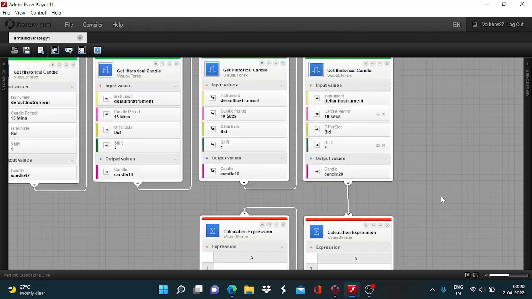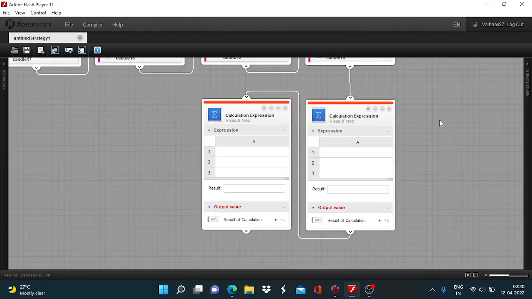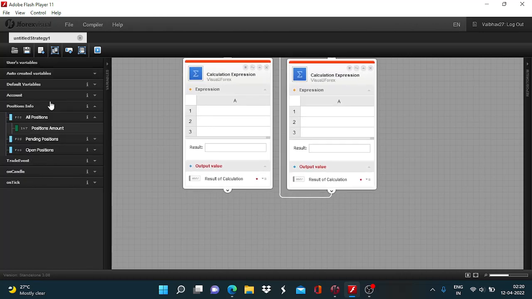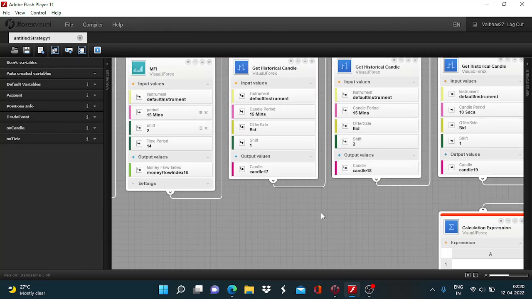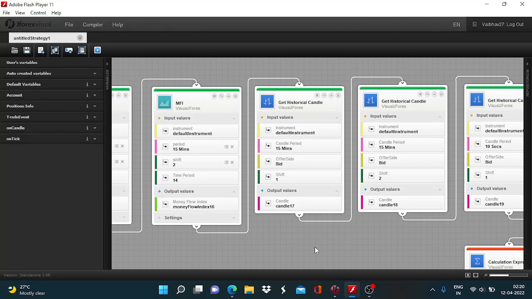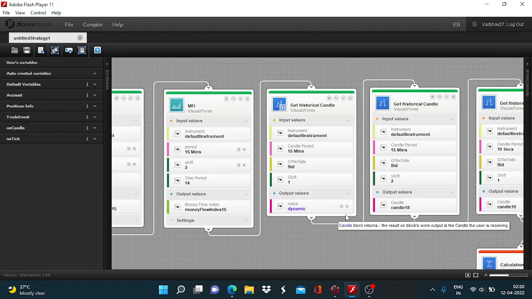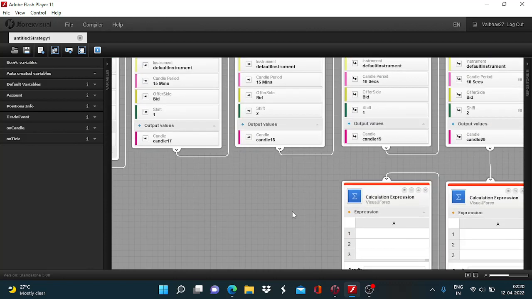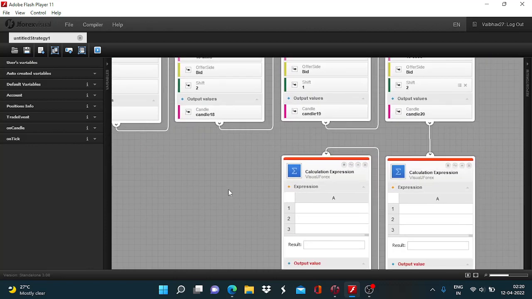And here we will consider the difference between the candle 17's candle low and closing value